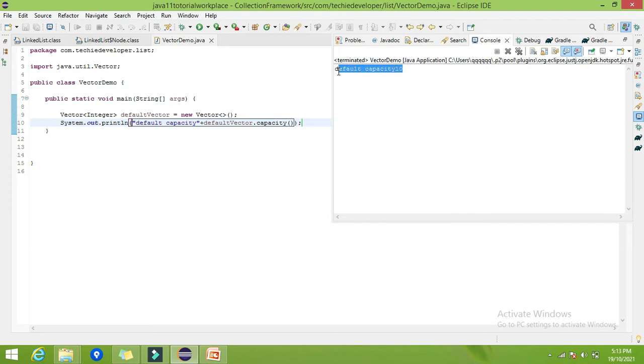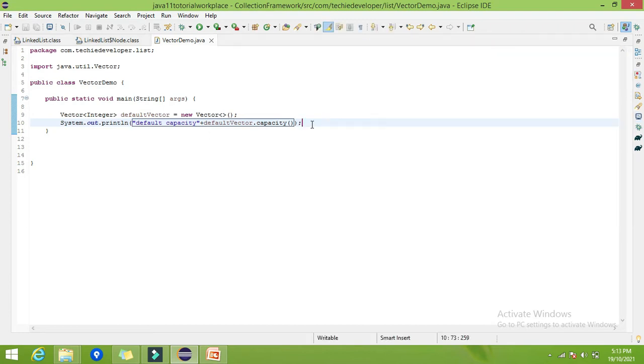Now what I will do, I will add 10 elements. How to add? Simply the add method. Whatever we have in the collection is the same, it is applicable here, because Vector implements List, and List extends Collection, so all methods from Collection and List will be directly present here.